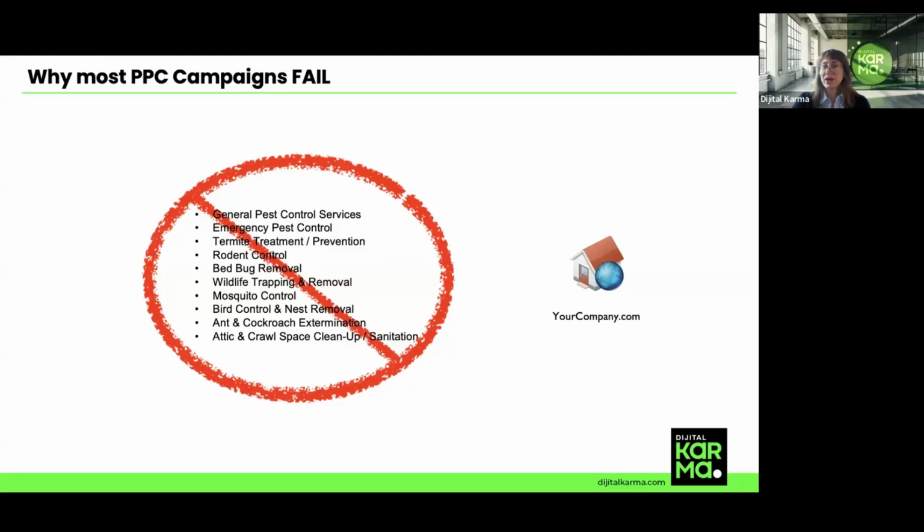In pest control, there are dozens of different intent types. Someone searching for bedbug exterminator has a completely different need than someone searching for rodent control. So each of these services should be treated as its own mini campaign with its own ad copy and landing page. So each service you provide that season needs to have either a separate campaign or separate ad group.